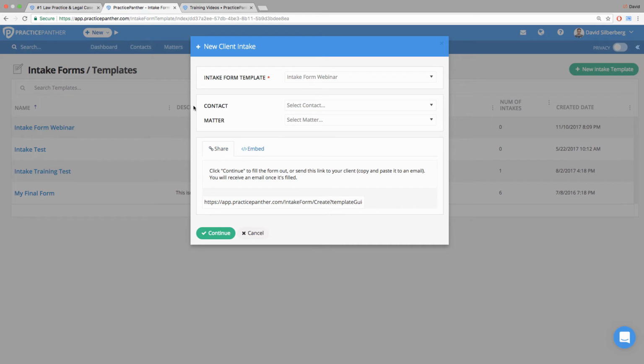Now, up here we have contact and matter. So if this is the first time I'm potentially speaking with a certain client and I don't have a contact in here, then I'm actually going to leave these blank. They're not mandatory, because anytime I select a contact here, it will change this link down here. That's how the software is going to know and keep track of if you've associated this form with an existing